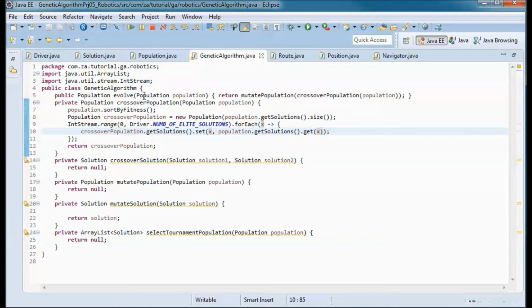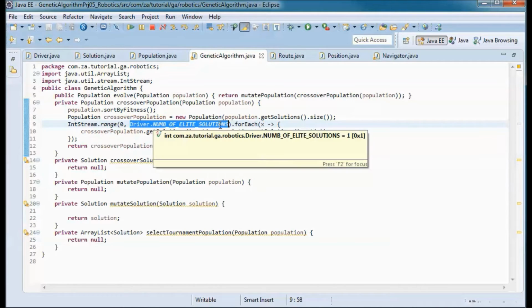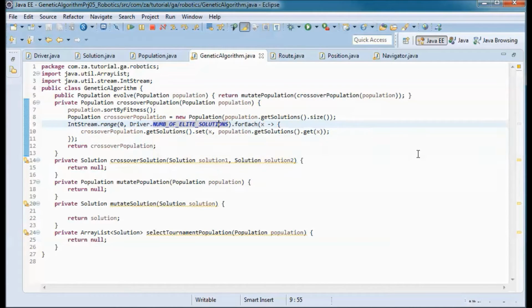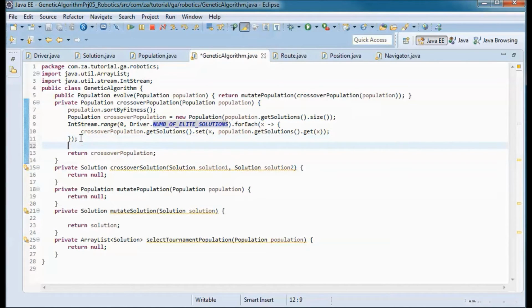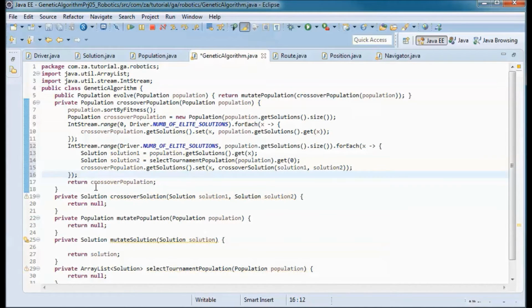And as we just mentioned, we only have one solution that is elite here, since this is one, the number of elite solutions. As for the remaining solutions to be populated in this crossover population, we start from 1 here, from the number of elite solutions, and we go to the size of how many solutions we have in the passed in population.